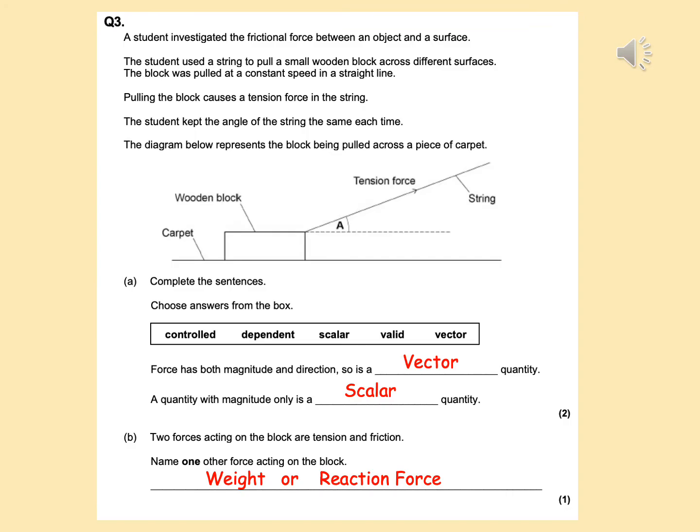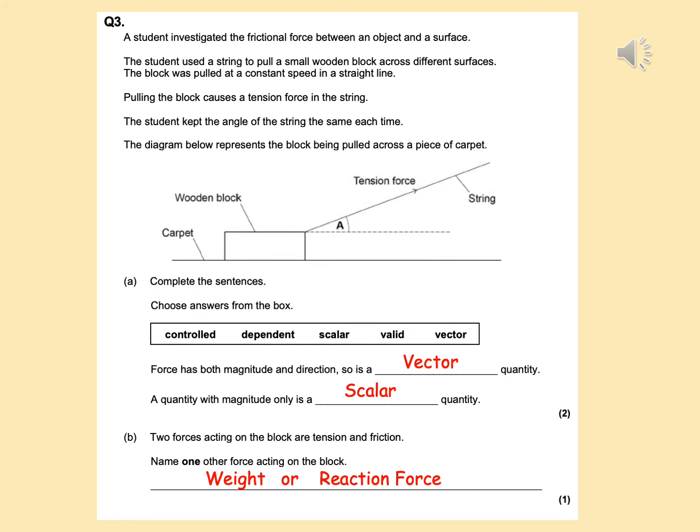Okay, so this question was quite a long one. I've put it into 2 parts. Question 3 is where a student investigated the frictional force of an object on a surface. He pulled a small wooden block across different surfaces. The block was pulled at a constant speed in a straight line. Pulling the block causes tension